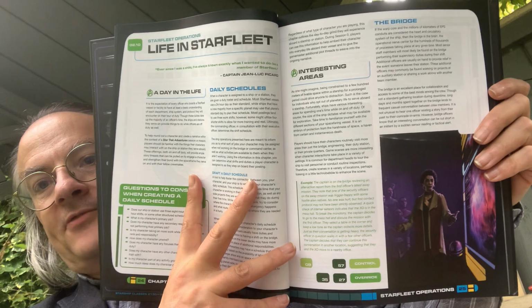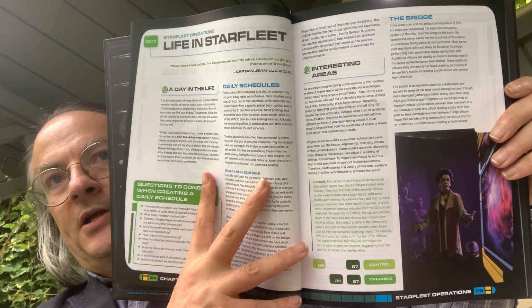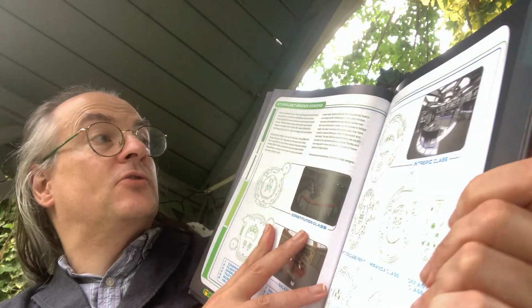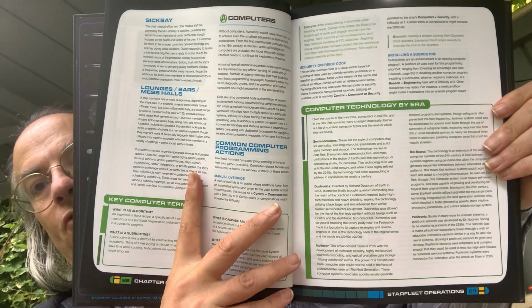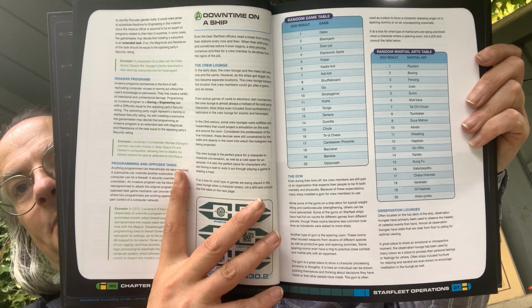And life in Starfleet, and being posted aboard the ship, daily schedule, the bridge, interesting areas, and so here we have a look at essentially Starfleet bridge designs through the ages, sick bay, computers, computer technology by era and what it can do. Downtime on a ship, and what you can do in your off hours,